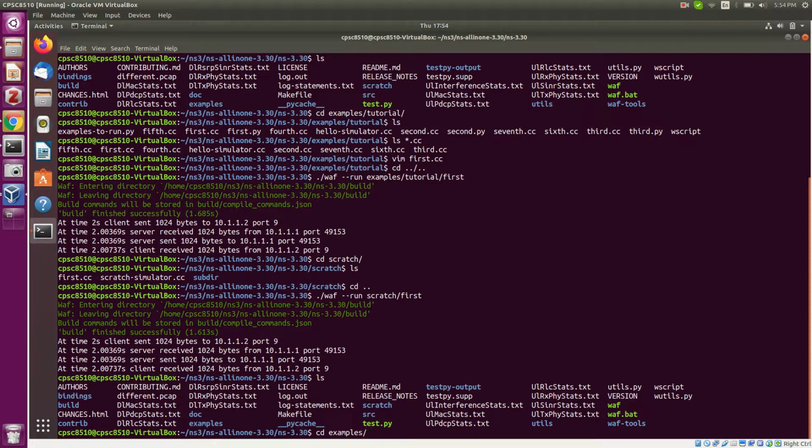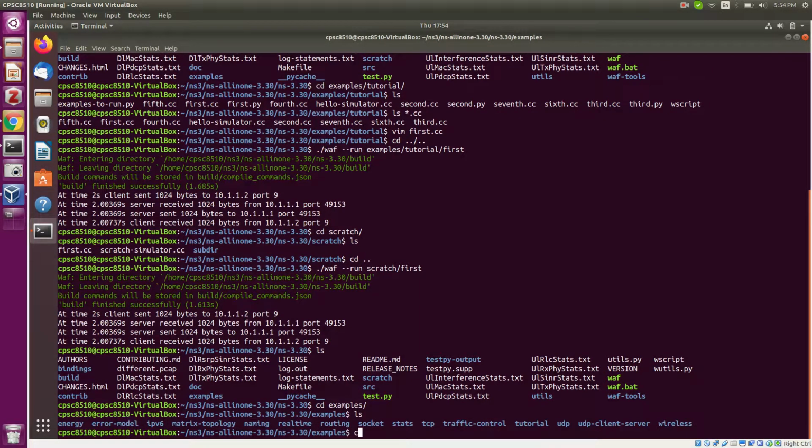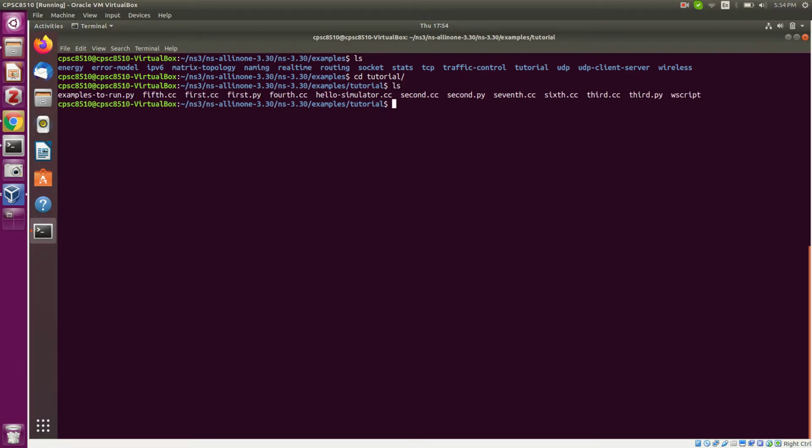You should try to go into examples and see what kind of things NS3 can help you do. In examples there's a whole lot of categories, related to routing, sockets, TCP, traffic control, etc. The simplest set of source code and files that you should use are in tutorial, and they're very well explained on the NS3 website as well.